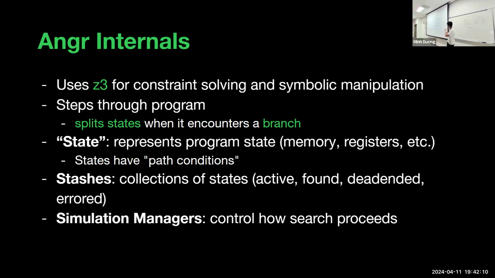Okay. Angr internals. What is Angr actually doing when it symbolically executes a binary? It uses Z3 for constraint solving, as we talked about. It has the responsibility of going through your program, telling Z3, if I have, let's say, an add instruction in assembly, you should put this plus this into this variable. We tell Z3 all of that, and then when it gets to a branch, like a function call or